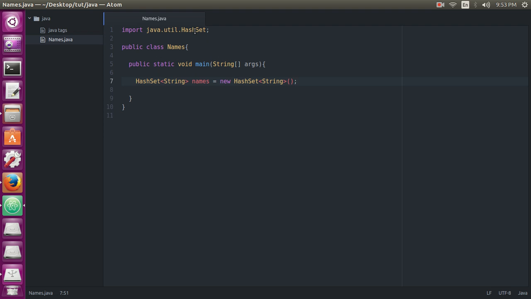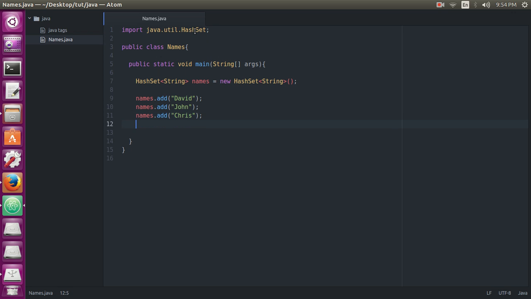So now just let me add some elements in it, some values. So we have added 3 values in it, that is David, John and Chris.